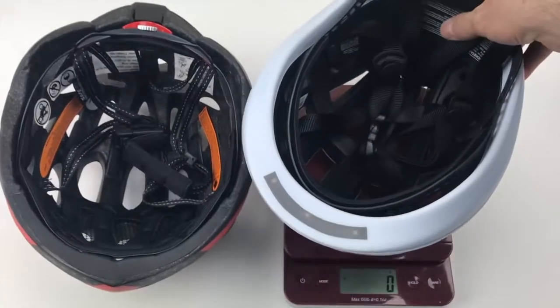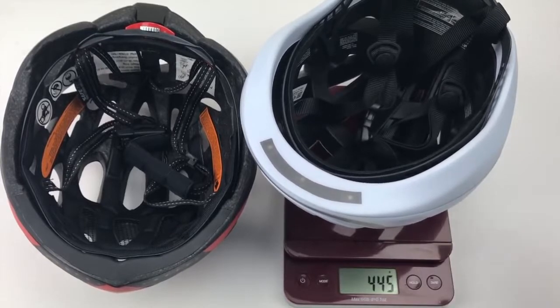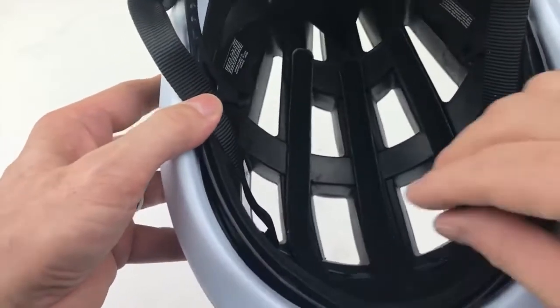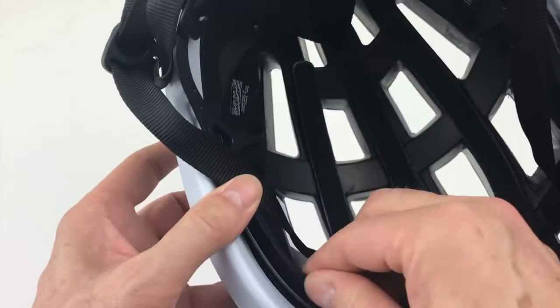You may think that only matters to weight weenies, but since the helmet is on your head, it means on longer rides you will have more neck strain, which makes you feel tired faster. For me, the single size fit well and felt comfortable, but it might feel too loose for small or medium-sized